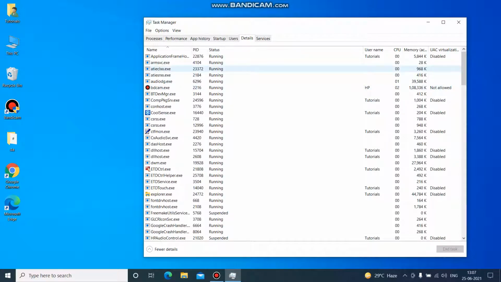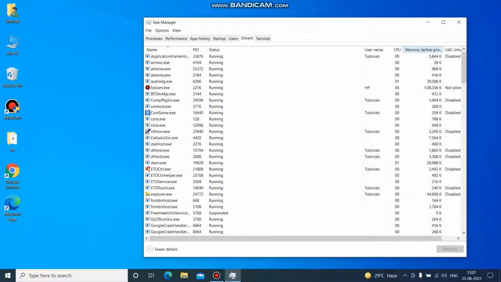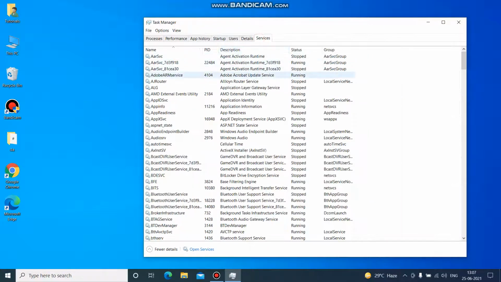These are all the exe files. These are all the software and services files, exe files, that are currently running in your system. And you can see every detail of performance and how much memory they are consuming. And this is about services. These are all the services of hardware and software that enable your computer to run.